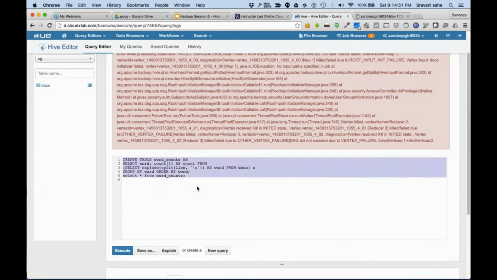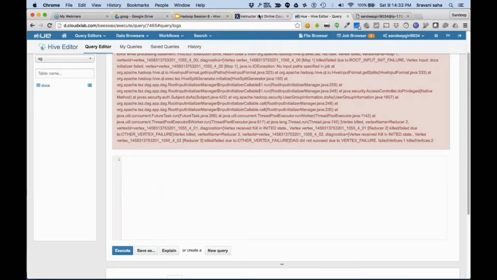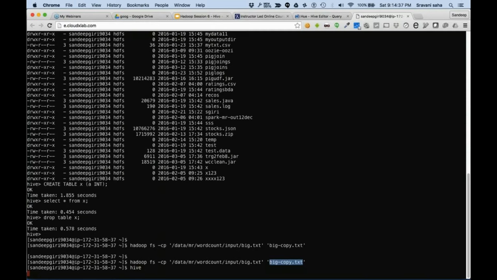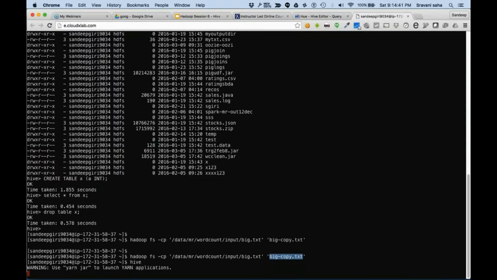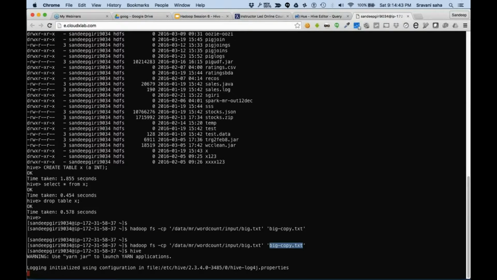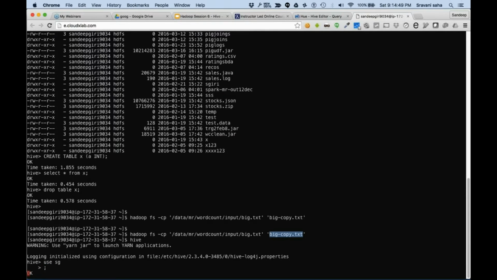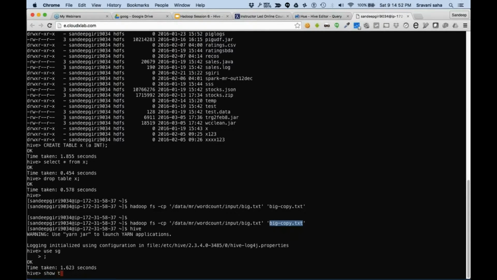Anyway, I think if I run it from the console, it should work. Use SG, show tables.